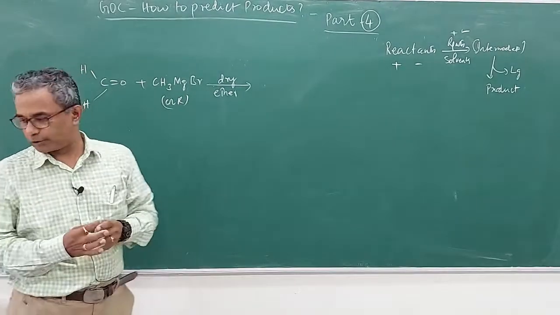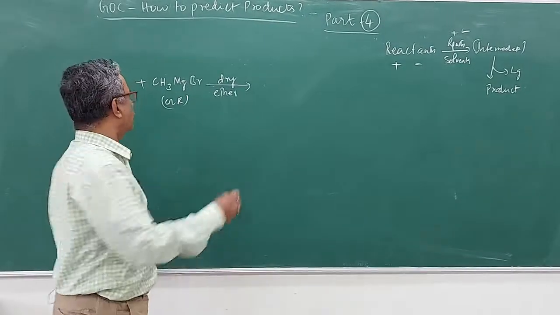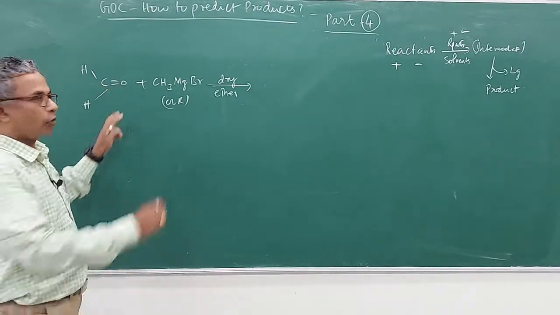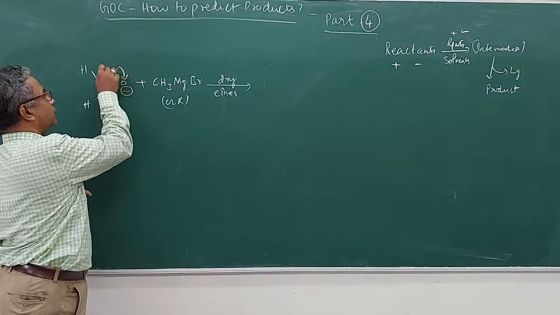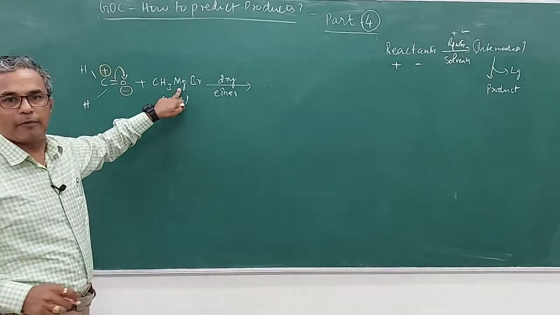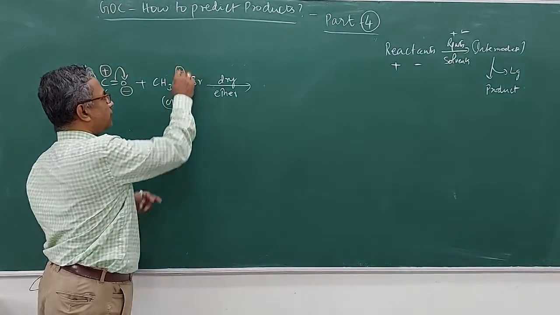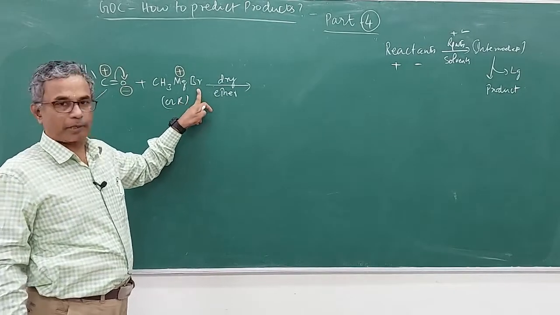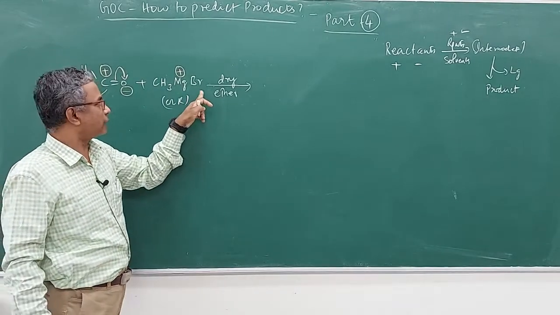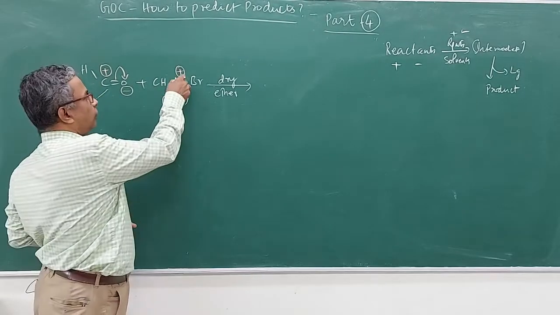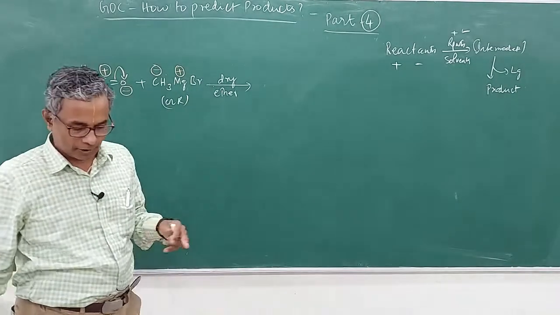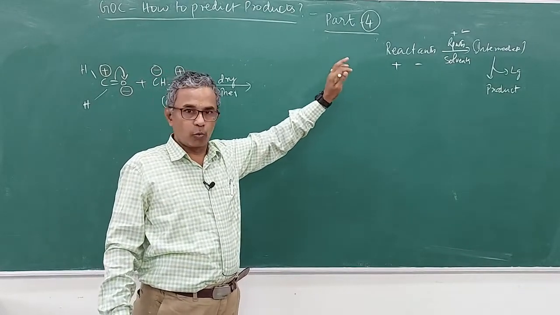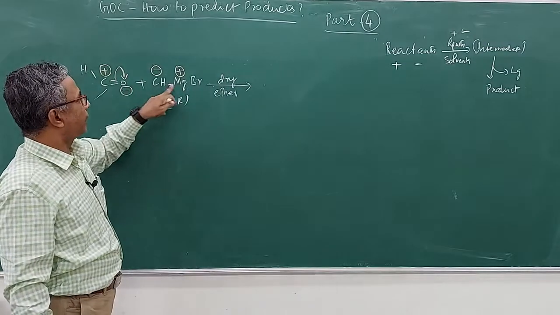First we have to generate plus and minus. How do you generate plus and minus? As I told you, the electronegativity difference between carbon and oxygen is large, therefore the bond shifts toward oxygen, so you will have minus here and plus here. Similarly, the metal is more electropositive, therefore it has plus. You may think that bromine is more electronegative, so you tend to put minus there, but remember that in organic reactions, carbon has to be given a charge. Therefore the carbon is given the negative charge. Remember, these are only tips and tricks to predict the product of the reaction and are not rules to be followed.